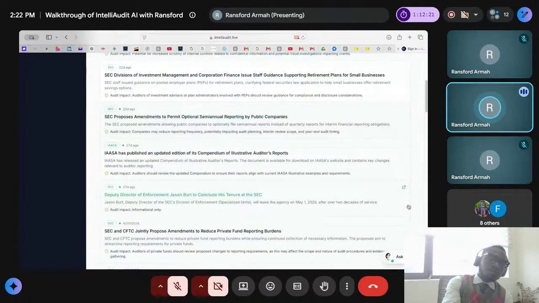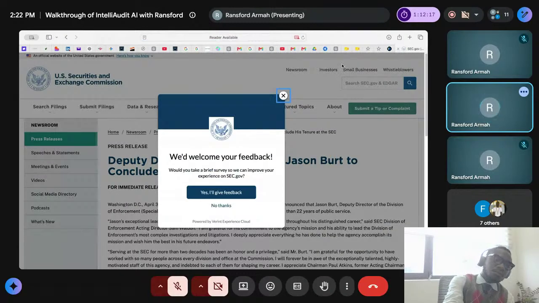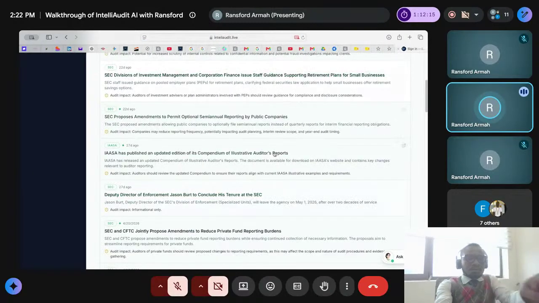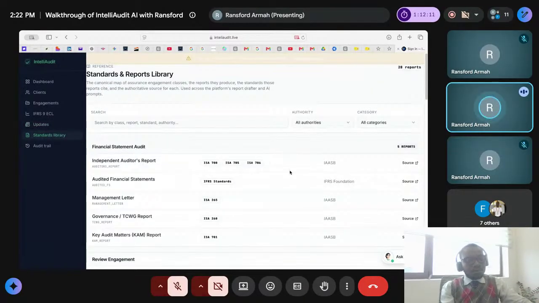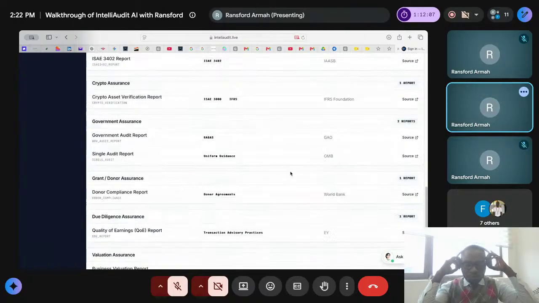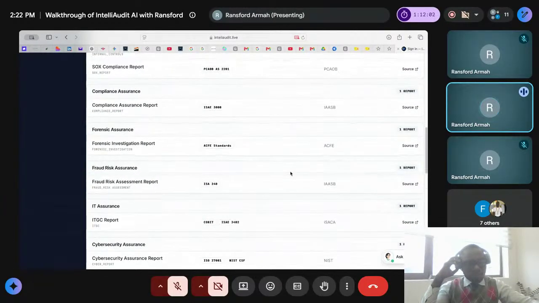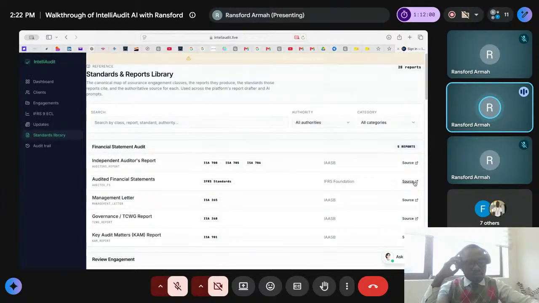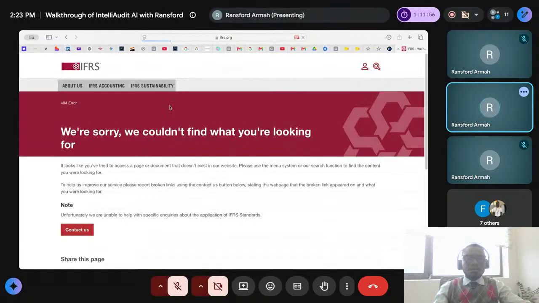So anytime you want to read around, you want to see what affects your client, you can go to the main website of your regulator. So it's not taking any information, it's just updating you. And then these are the standards library. If you come here, you see where all the standards that affect your audits, your industry are, and where it's speaking from. You can click the source and go to the source and then read from their website the standards